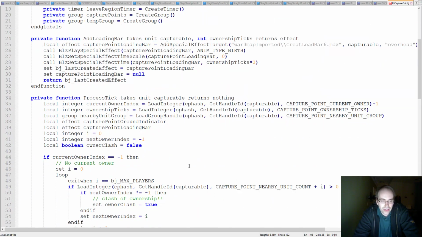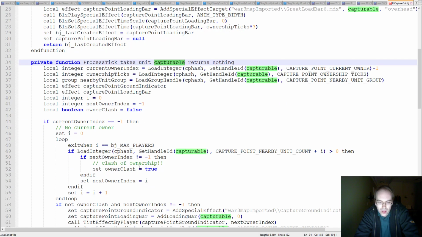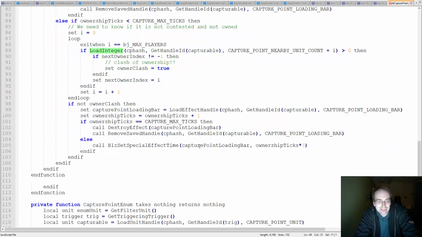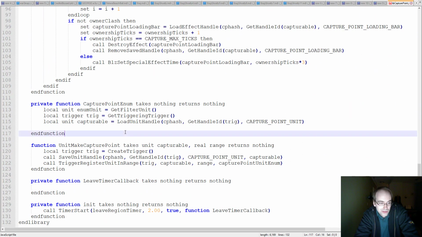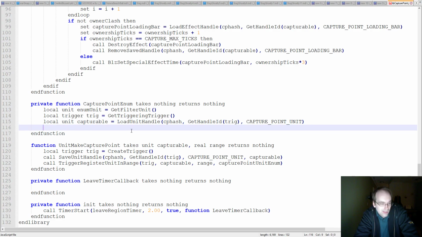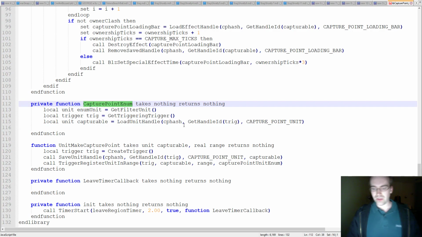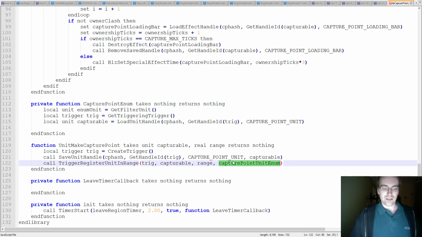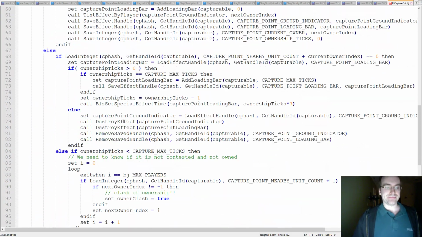So we're going to do that. So this is a function that processes the tick of the capturable unit, given, and this is really important, a loadable list of how many units of each player are around our guy. So we still need to maintain that list of loadable counts of units. So the easy one is going to be this capture point enum unit enters region guide, right? This is anytime a unit enters region. Then what we're going to do